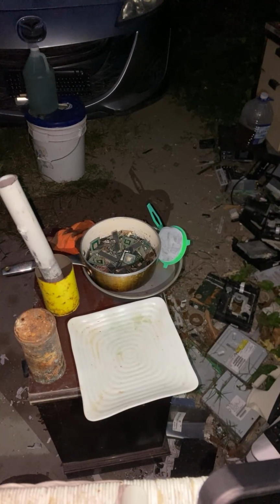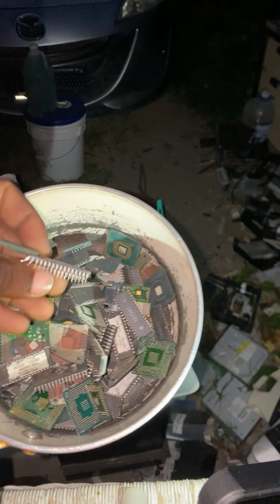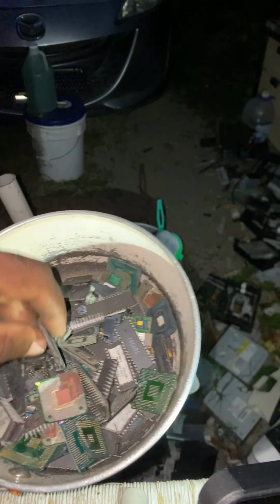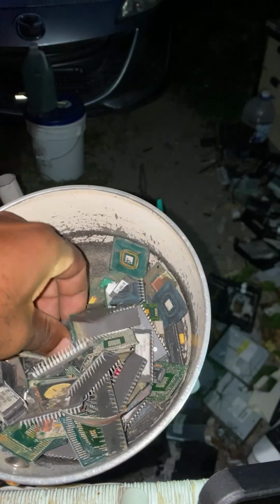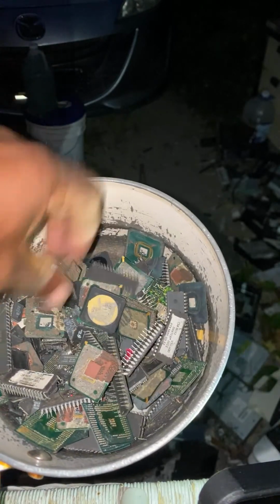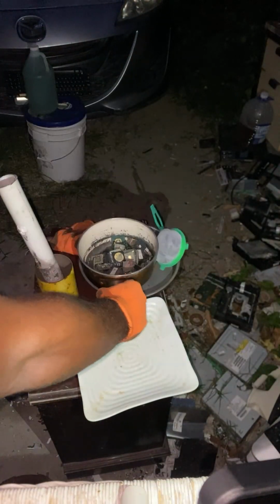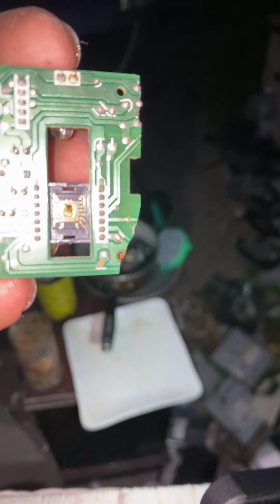I am here this afternoon to do a second video in gold recovery from IC chips. I started on the weekend with getting some chips. These I take off some of the circuit boards, some of these chips that I've taken from circuit boards, and I said that I am going to incinerate them and then crush them in order to get the gold, which is, I don't know if